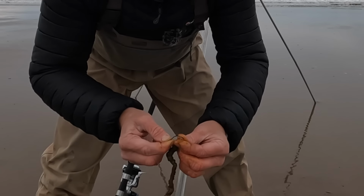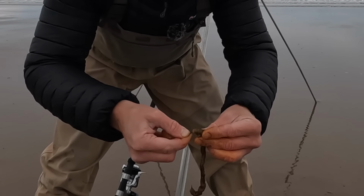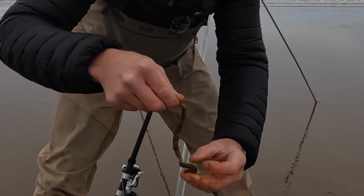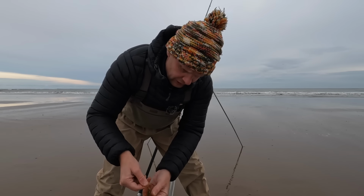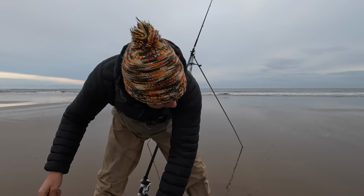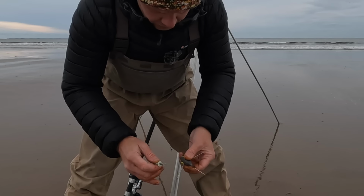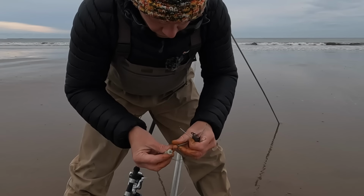So I'm just going to nick that up like so, and that's just a nice streamlined but scenty bait. I'll clip that up. I'm just going to see if I can get away. As I say, the beach is quite clean, but just as a precaution, I'm going to put a rotten bottom on anyway,